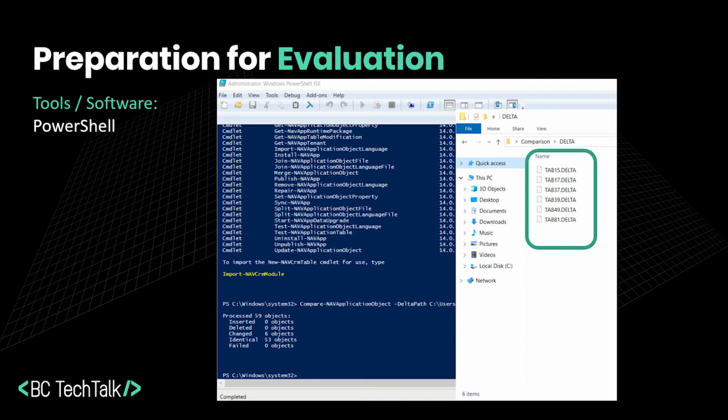What you're going to end up with is a set of delta files where you're going to be able to identify how many and what type of objects were changed. Using some basic text editor, Notepad, you would be able to open each of the delta files, run through the changes and see what was actually changed. So this type of analysis is also very useful